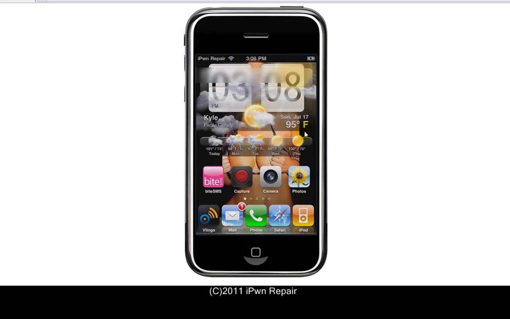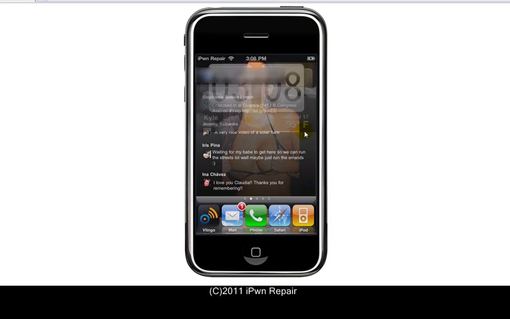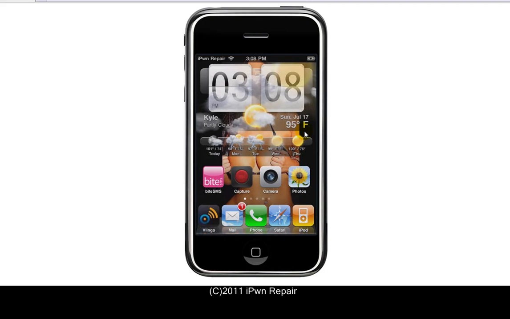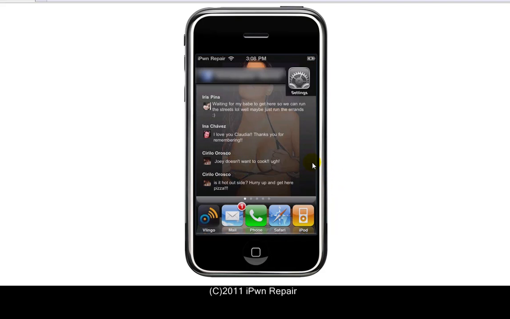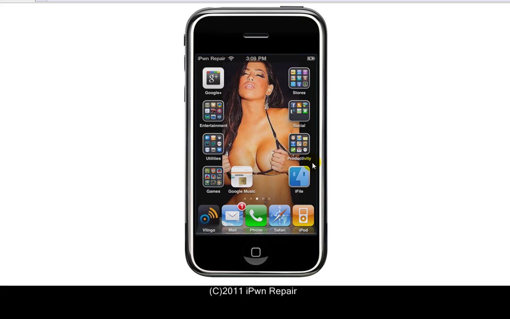Now, right now, this is using my finger on my actual iPhone. I'm controlling it, okay? But I can actually click with my pointer, and I can actually go into different aspects of my iPhone and control it. So let's say I could go to,